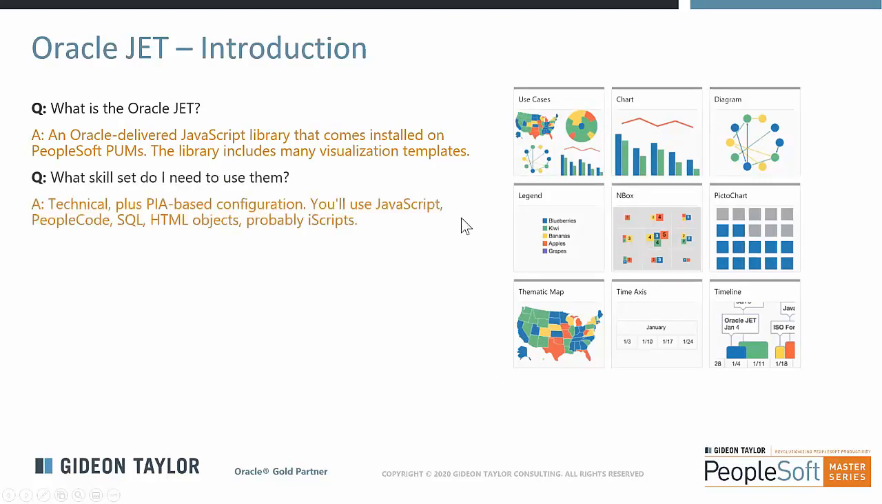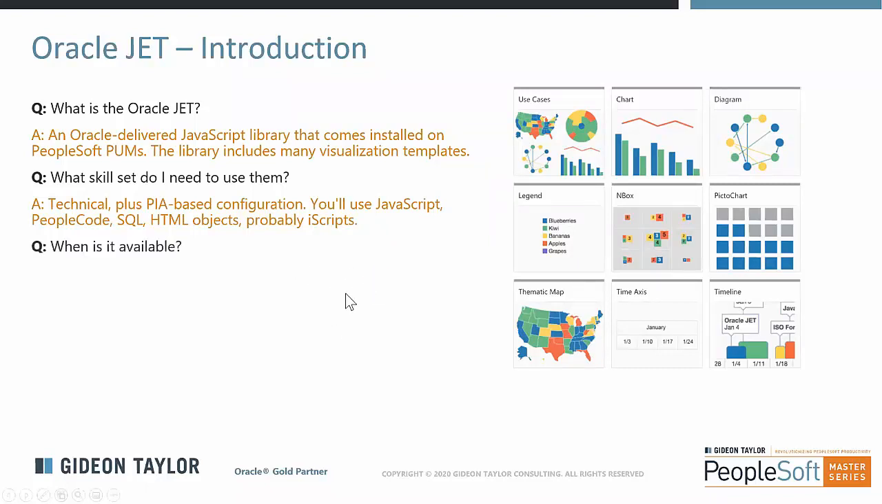So what skill set do you need for this? This is a technical tool. To use these in PeopleSoft, it's technical. In 8.58, you're getting some new capacity to pull templates into chart objects. It's still technical, but at least with a chart object, then you can get some access. But still technical. And in the walkthrough that we did here, you're doing JavaScript, PeopleCode, HTML objects, writing iScripts,